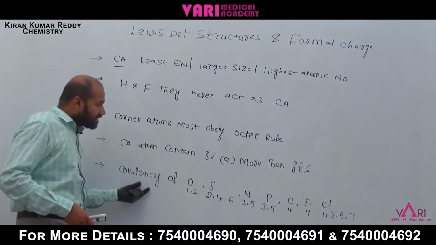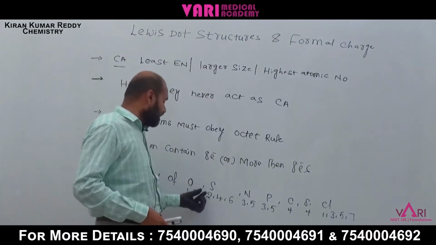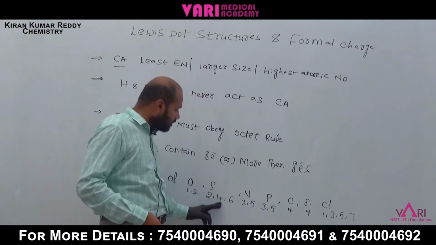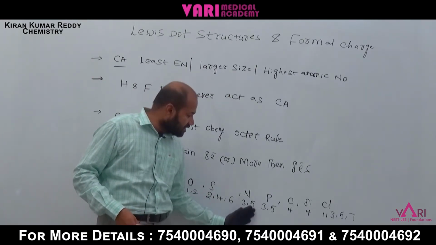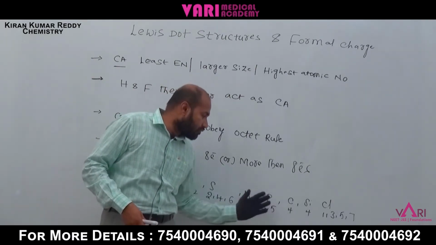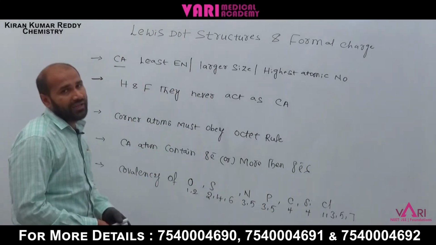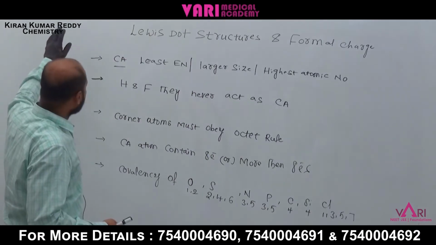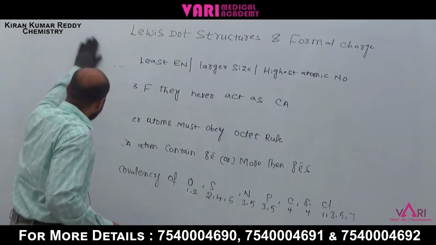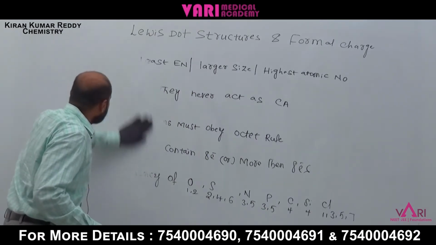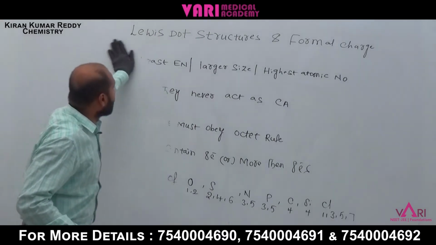Next one, covalency of different elements. Oxygen is 1, 2, sulfur 2, 4, 6, nitrogen is 3, 5, carbon 4, phosphorus 3, 5, silicon 4. These are the covalencies. Next point we have to write: if a negative charge is present in a molecule you are taking,